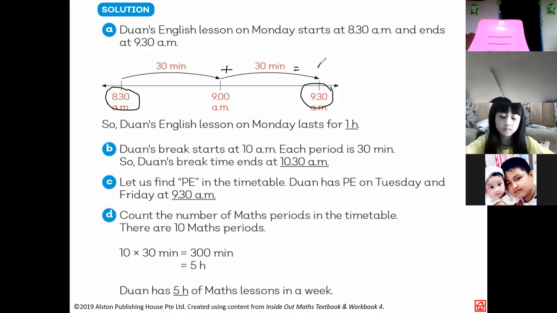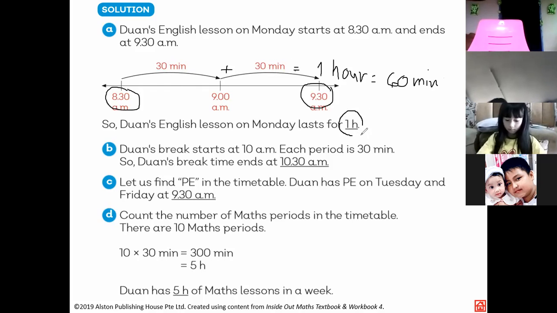That's equivalent to 1 hour. Okay, so 30 minutes plus 30 minutes is equivalent to 1 hour. And 1 hour is equivalent to 60 minutes. So the answer for letter A is 1 hour. Okay, now for letter B,